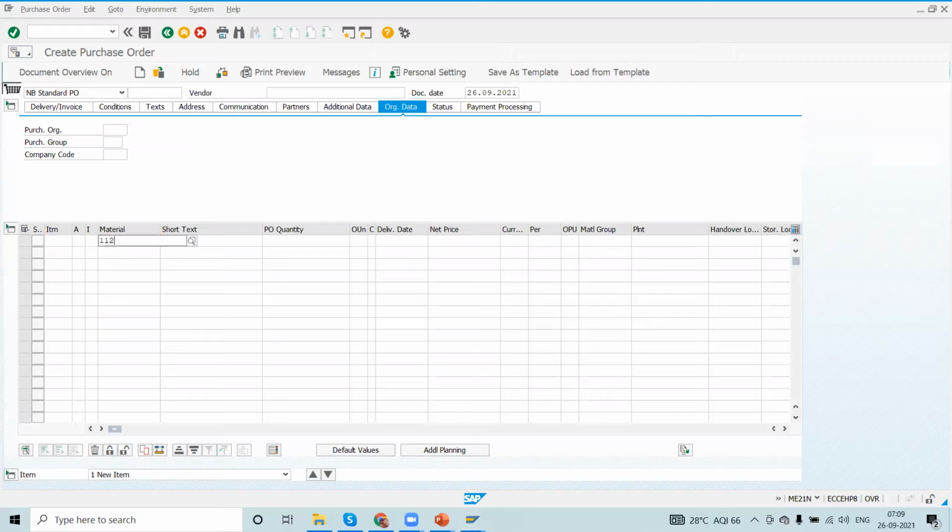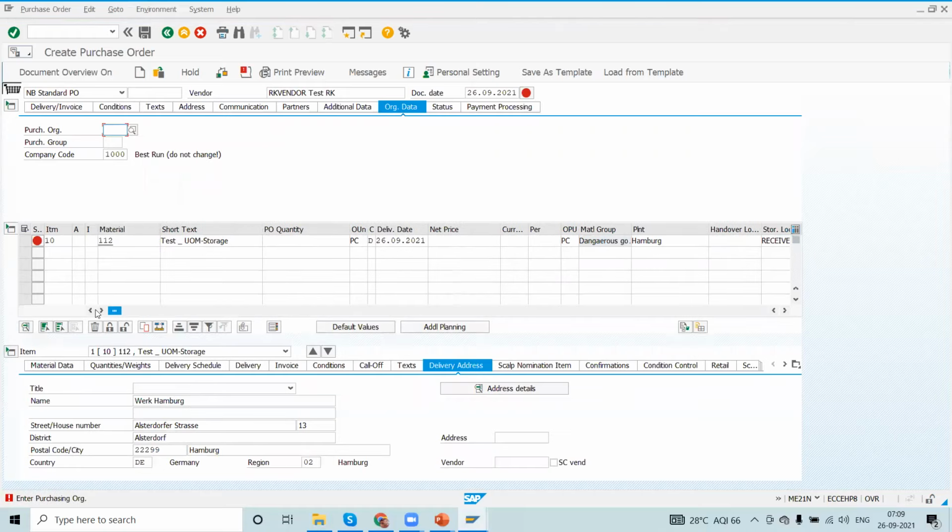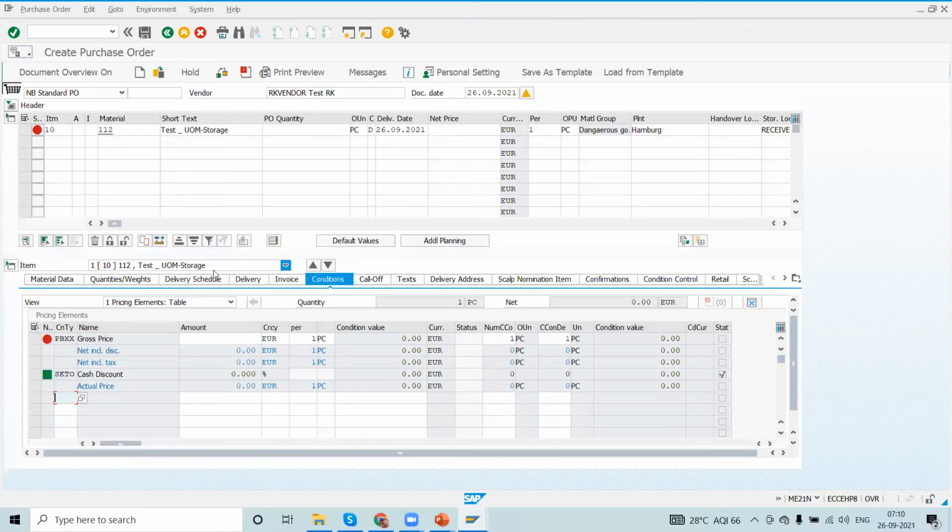Material is 112. And I am going to create multiple line items here because I want to test 3 different scenarios in a single PO. I'm going to order one piece. That's fine.